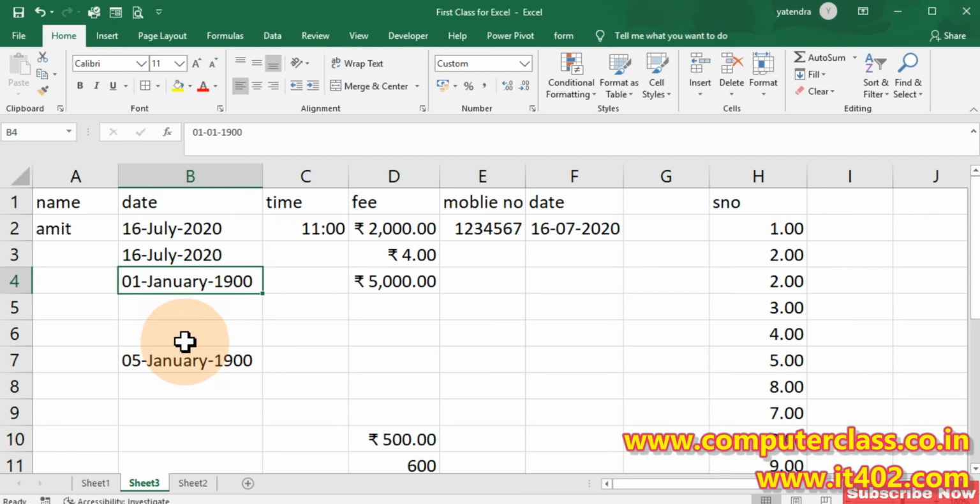With mmmm it will give the complete month name. With mmm it will give the first 3 characters of the month. With yy it will give only the last 2 digits of the year. With yyyy it will give you the 4 digits of the year. So this is the process of how we can do the task with the help of number format.